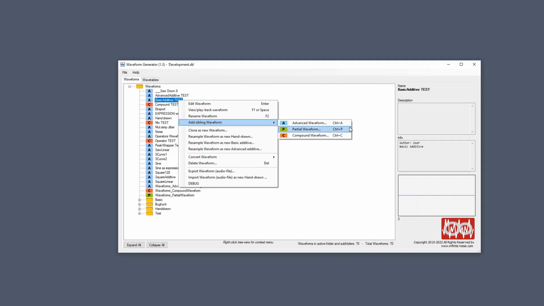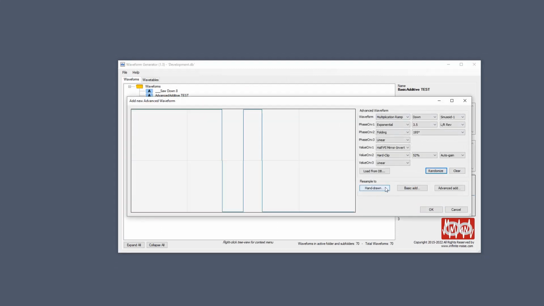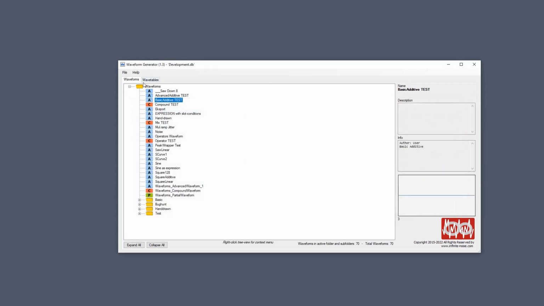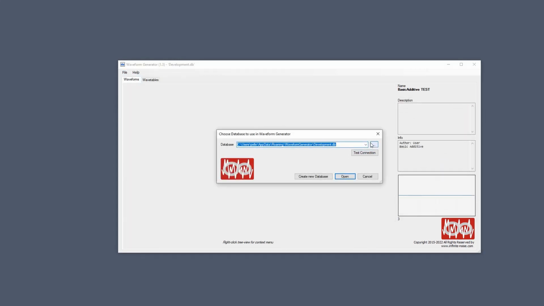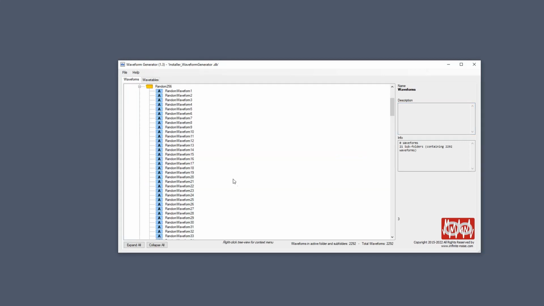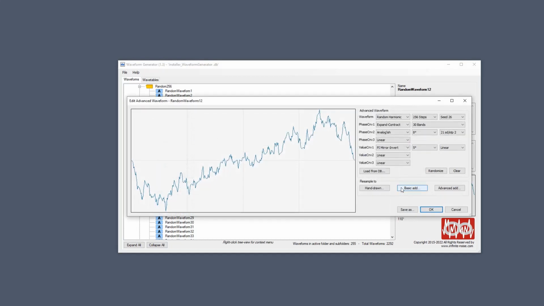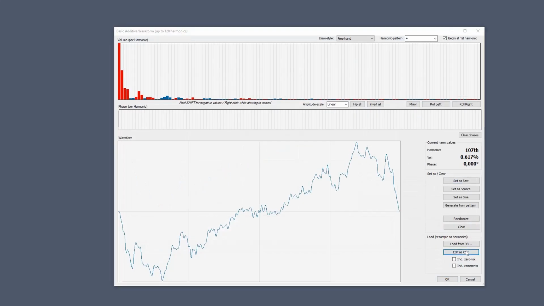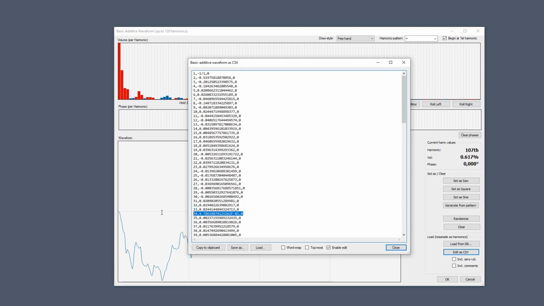In this version, I also fixed a problem with, we can try to open this database. And if memory serves me well, it was number 39. No, it was 12. If I open this one, turn it into a basic additive, edit it, and then edit as CSV. You see this 34th harmonic. It's a very, very small number. So it's being listed as